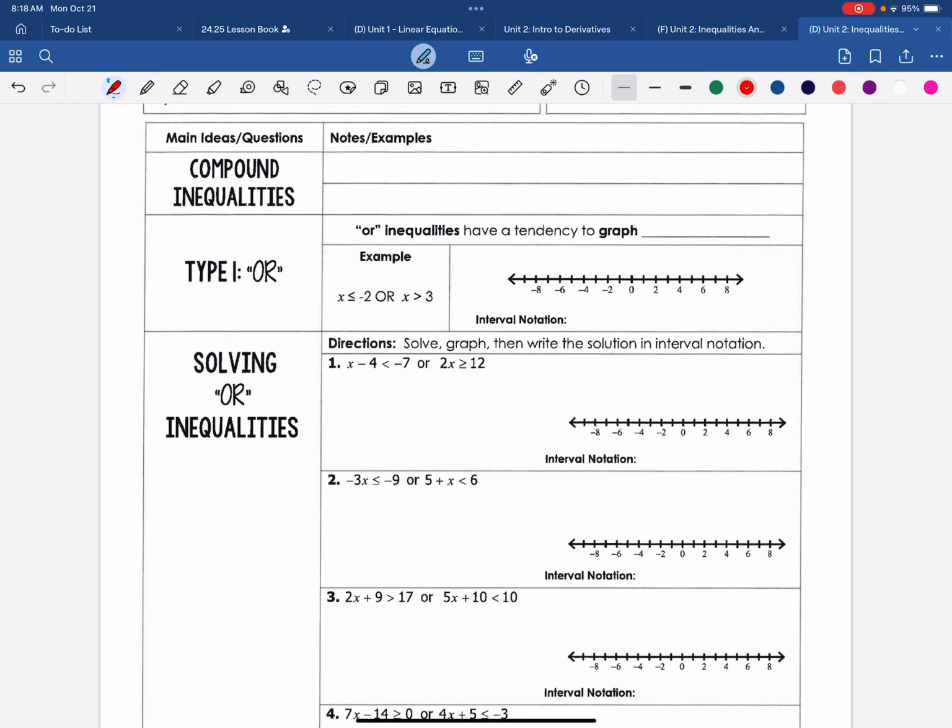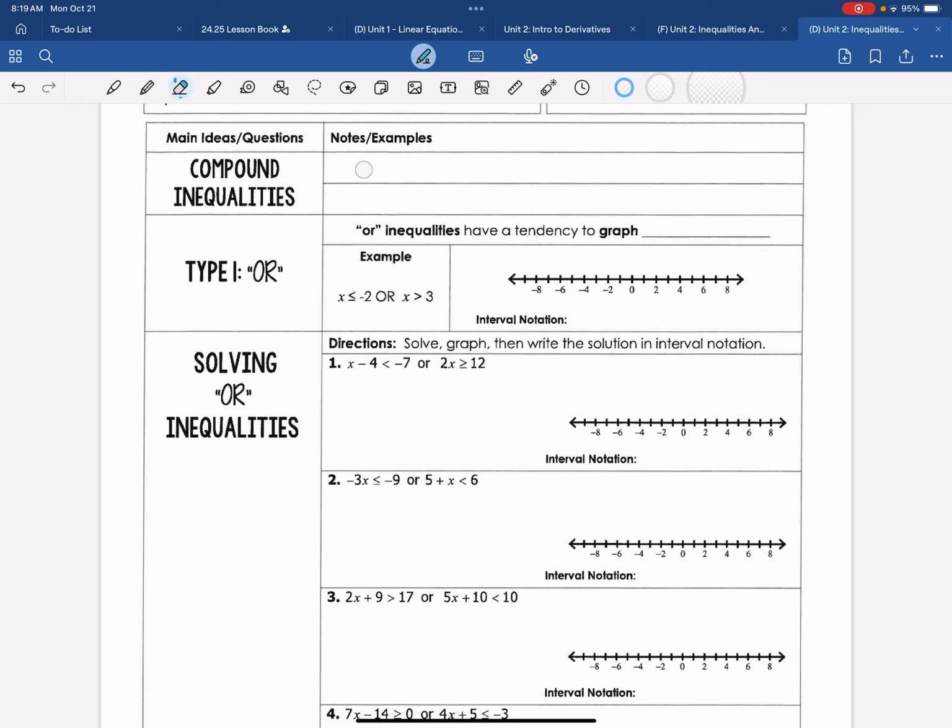There's something on here called interval notation, and you'll see that at each spot. We're going to save that for when I'm with you to go over, so we're just going to ignore that part for right now. All right, so a compound inequality is two inequalities